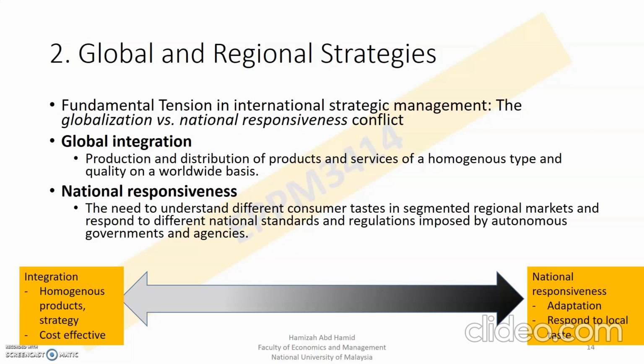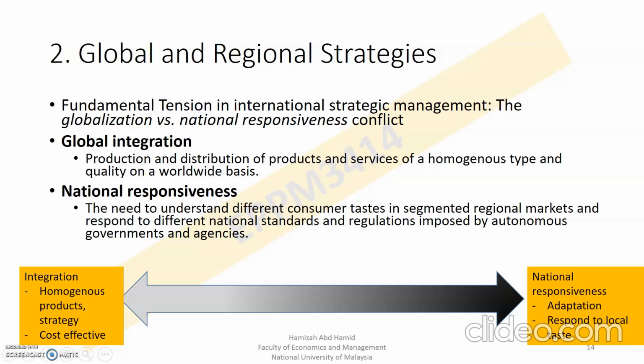One of the basic ideas in international management is global and regional strategy. Imagine if you are conducting an international operation. Do you want to adapt your product totally according to local customer taste, or do you want to remain original to your home country? That is based on what you sell. How about your strategy? Do you want to have 100% local managers, or do you want to have expatriates managing your international operation?